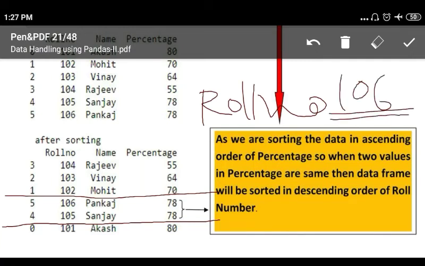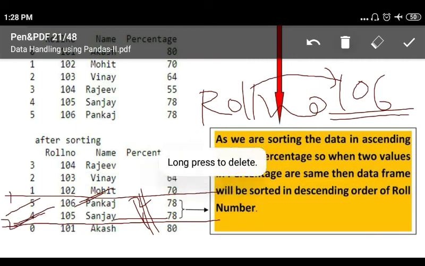Why? Because we are sorting roll number in descending order. You see line number 5, roll number 106 has come first and roll number 105 after. If we had mentioned roll number also in ascending order, then this row would come first and this would come second. But as we have given roll number in descending order, this has come first and this has come second.